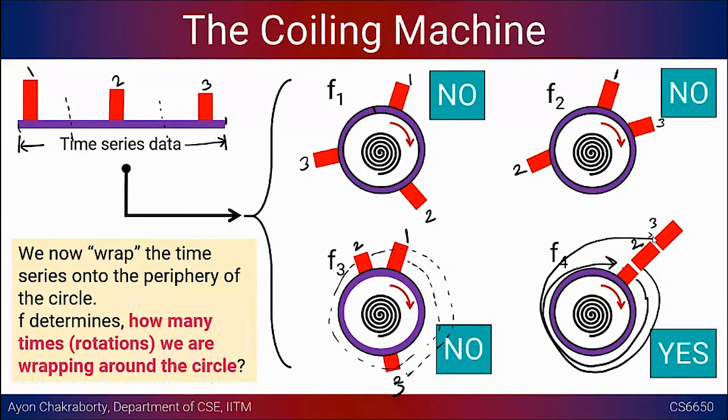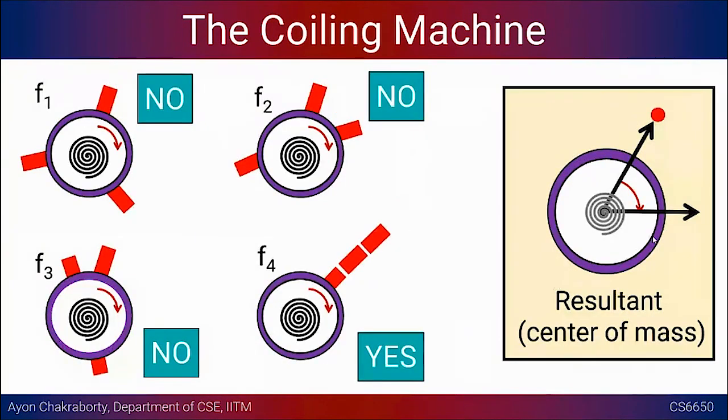Okay, so the analog that we are going to use here is something called the resultant, right? It's something like the center of mass. Okay, so if you see here, the center of mass will be all pulled in different directions, right? So you'll have some kind of an amplitude value everywhere, because these are data points, right? You are making use of amplitude values that are coming out from sensors, right? At the end of the day, right?